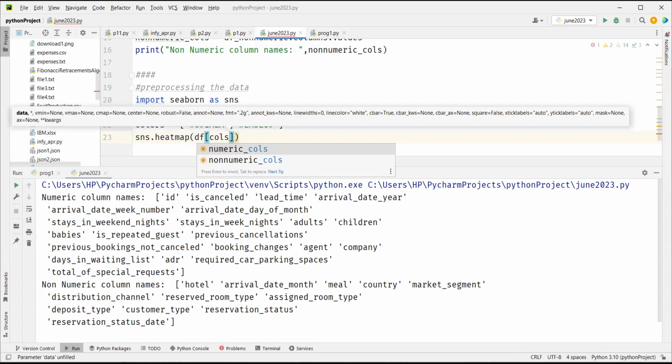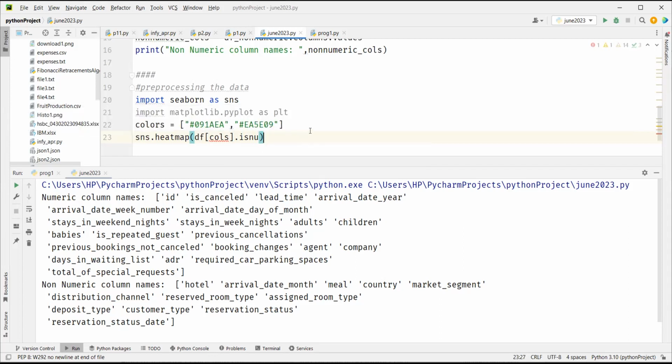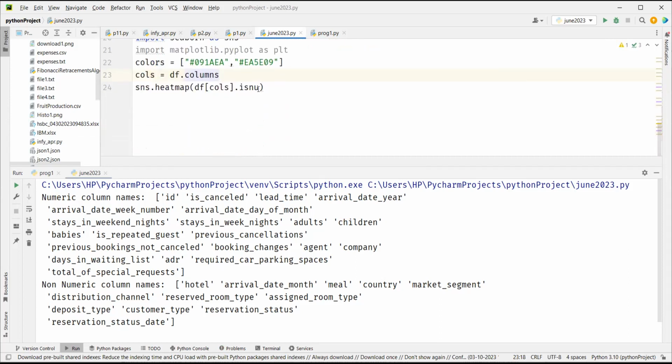So I'm going to say df.columns, and then isnull. What is columns? We have not defined the value of columns. So I'm going to define cols equal to df.columns. So it's going to be df[cols].isnull, and I'm going to say if it is null,